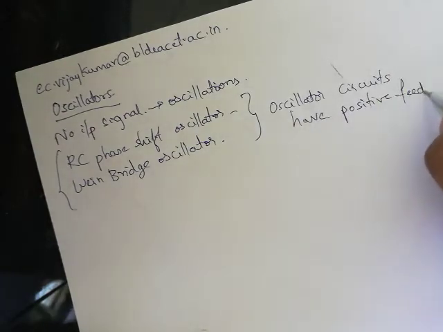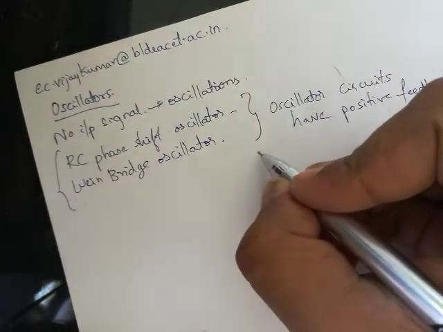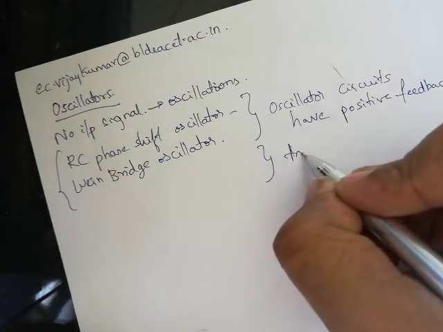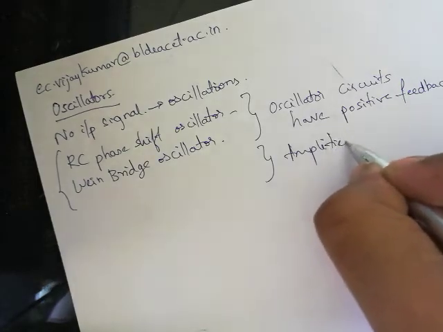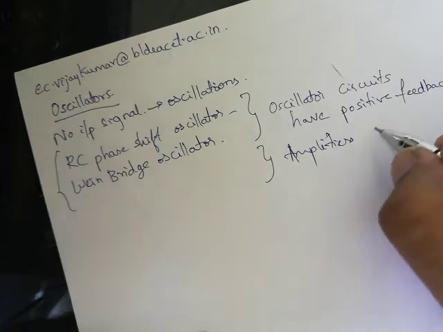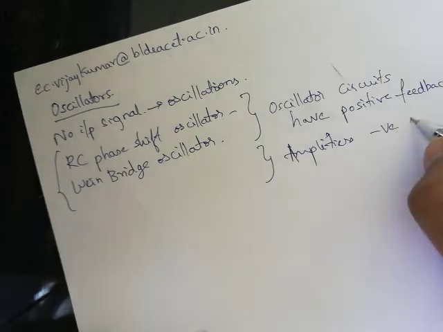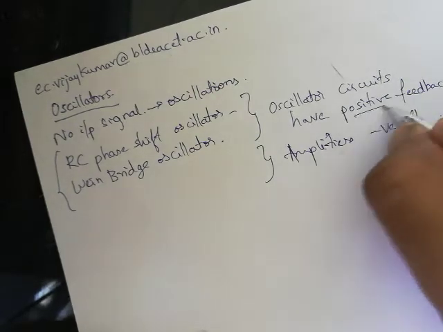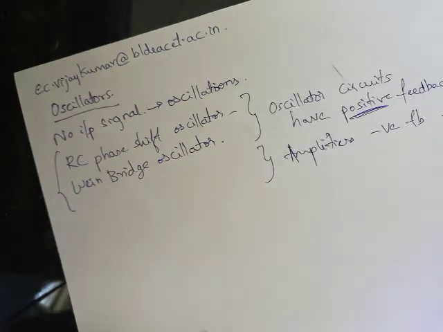So we have been discussing feedback. Amplifiers use negative feedback so as to control the amplification gain, whereas oscillators have positive feedback. Okay, so